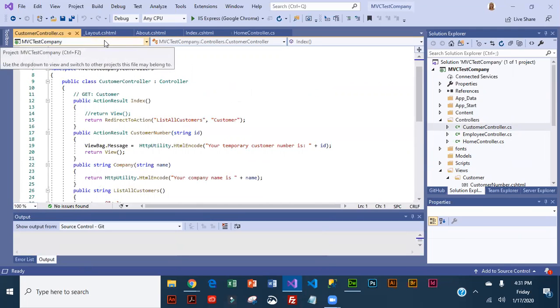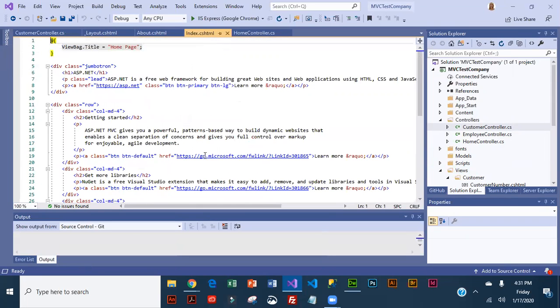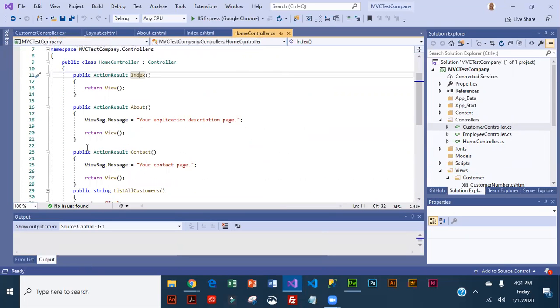So anytime you have a view, okay, in your controller where you've got return view, you can actually put the name of the view you want it to use in parentheses. So if for some reason I did not want them to go to the about view, I could tell them where I wanted them to go. Okay, so if I save this, and this is in my home controller, if I run it,